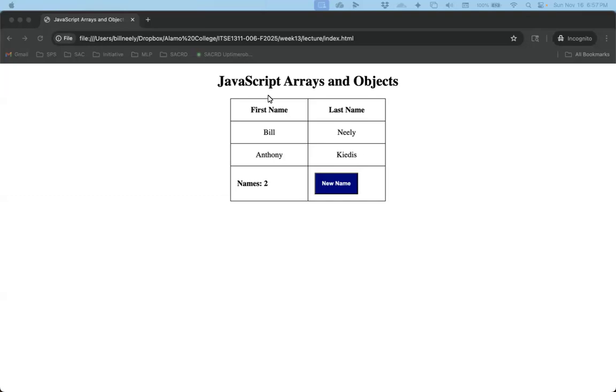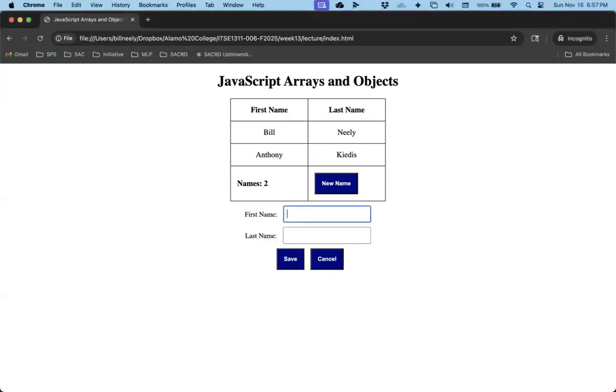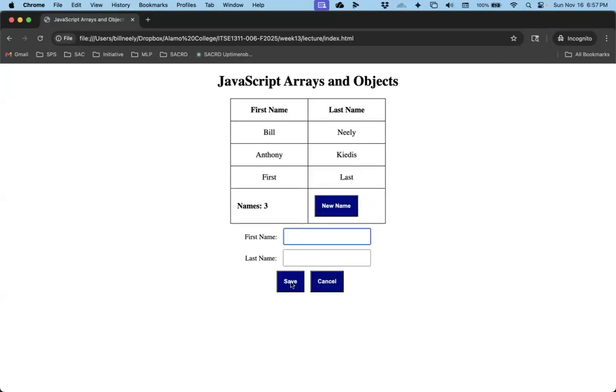If we see last week, what we did was study arrays and objects, and we built just a little list of names. We have a button here where I can create a new name and save that. We've got some error checking in here to make sure that these things aren't blank, and so forth. And I can cancel that and open and close that form. So what we're going to do is